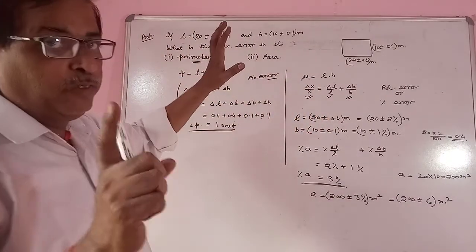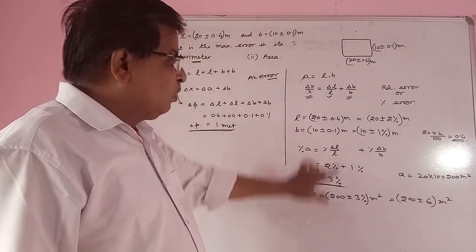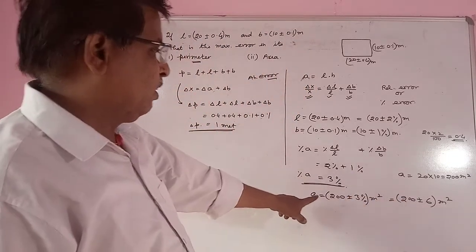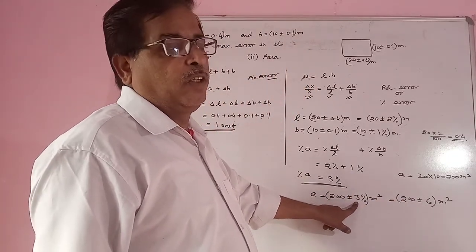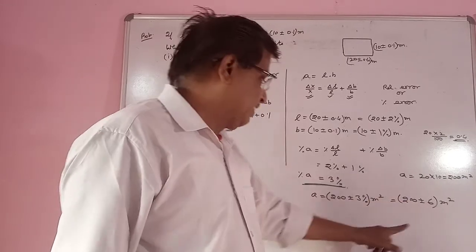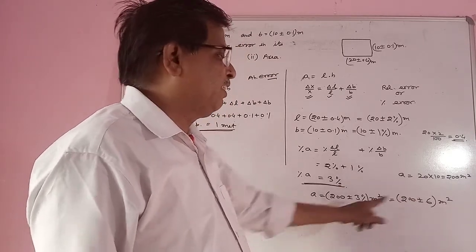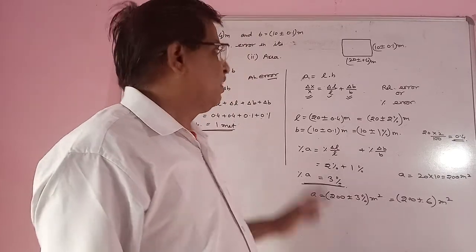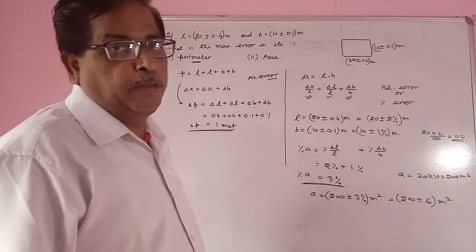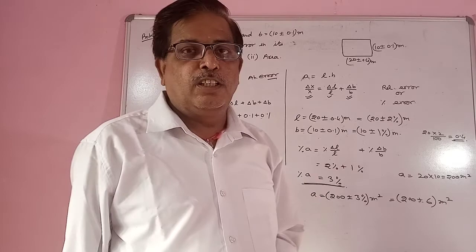One more thing: the question is given in the form of absolute error, so you have to write it in the form of absolute error, whereas this is relative or percentage error. So you write 200 plus minus 6 meter square, because 3% of 200 is 6 meter square. This is the difference between addition and multiplication. That's why I have given this example to explain the